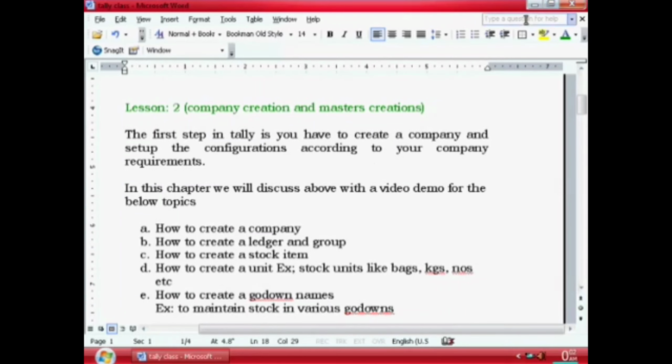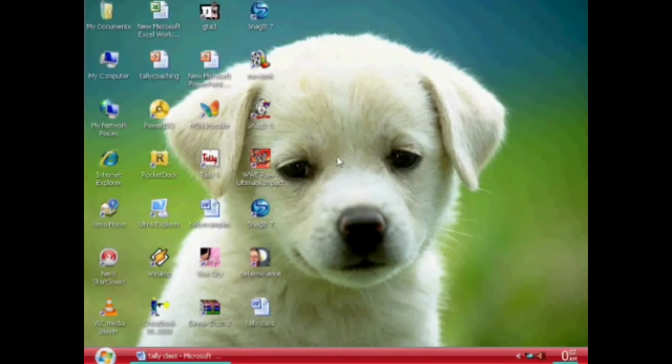So what you do is minimize this, go to here, double click on the Tally icon, wait for a minute.